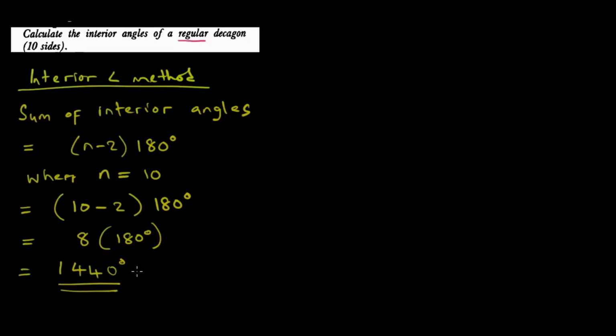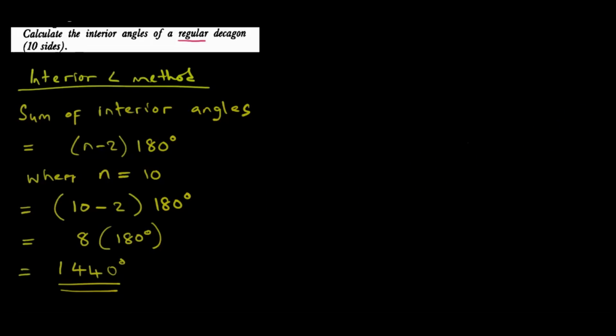But reading our question again, it is not asking for the sum of all the interior angles. Our question says calculate the interior angle of a regular decagon. It only wants one angle. If the question wants a sum, you can look at the lesson we did previously; it specifies that it wants the sum. But in this instance, our question does not want the sum, it only wants to know what the interior angle of this regular decagon is going to be.